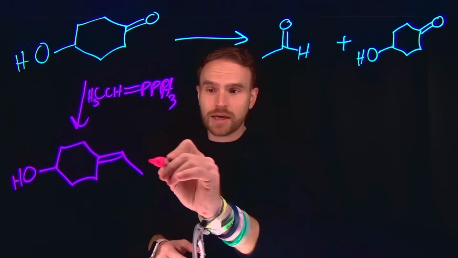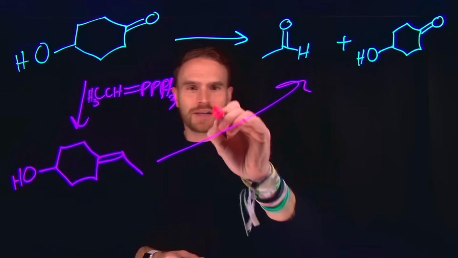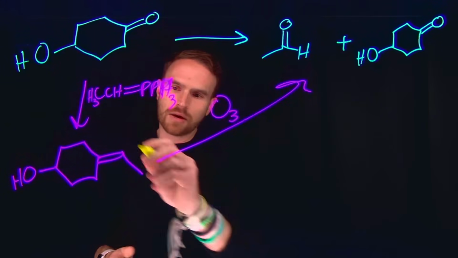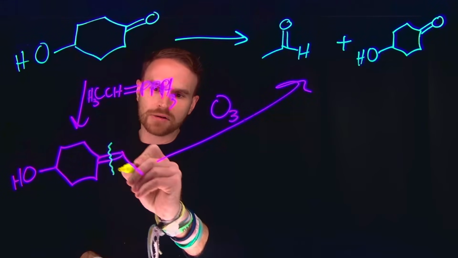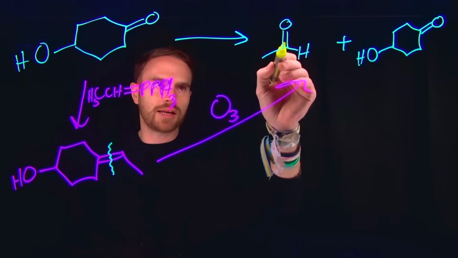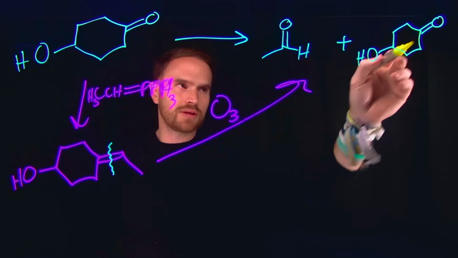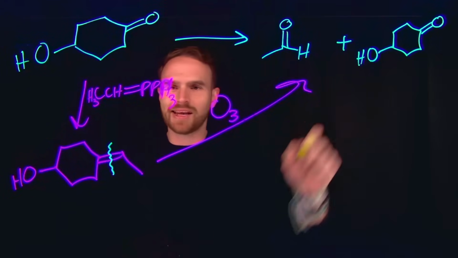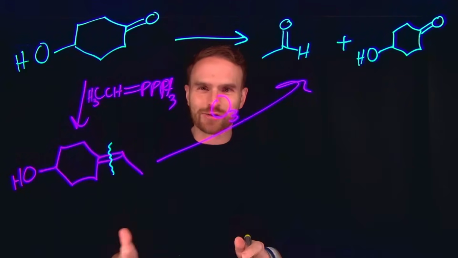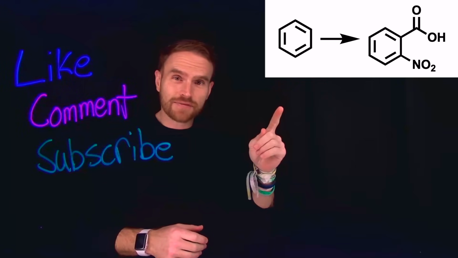And then the way that we can generate our final product is just by doing an ozonolysis, because remember, ozonolysis is actually the way that we cleave carbon-carbon double bonds, and what that's going to leave behind is at each of these positions, we're going to end up with a carbonyl group. So at both of these positions, we end up with an aldehyde and a ketone, regenerating our starting material, but also generating this aldehyde. In the next video of this series, I'd love to see if you could figure out